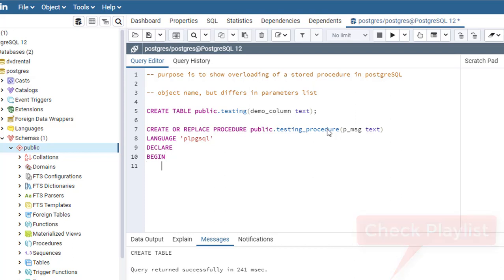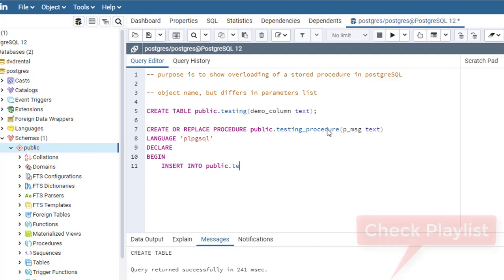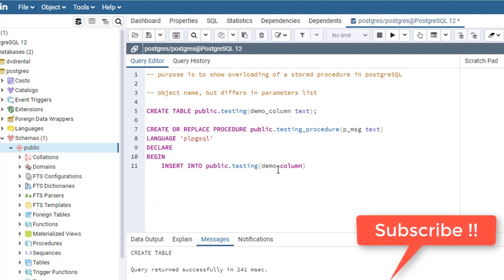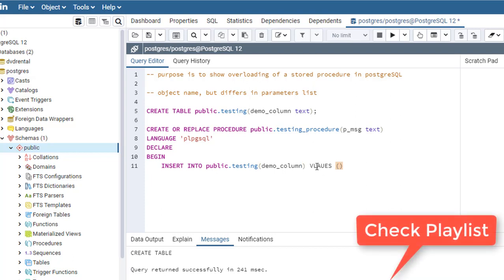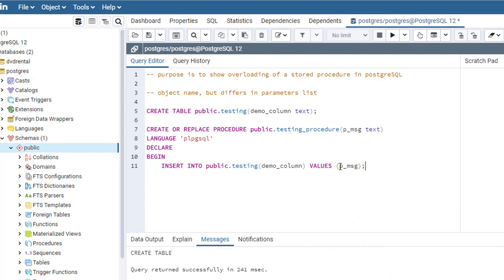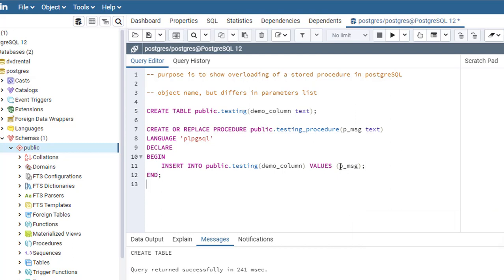Now I'll simply insert the message: insert into public.testing, the column name was demo_column, values, whatever value is coming from p_message will be stored here, and then end of body.